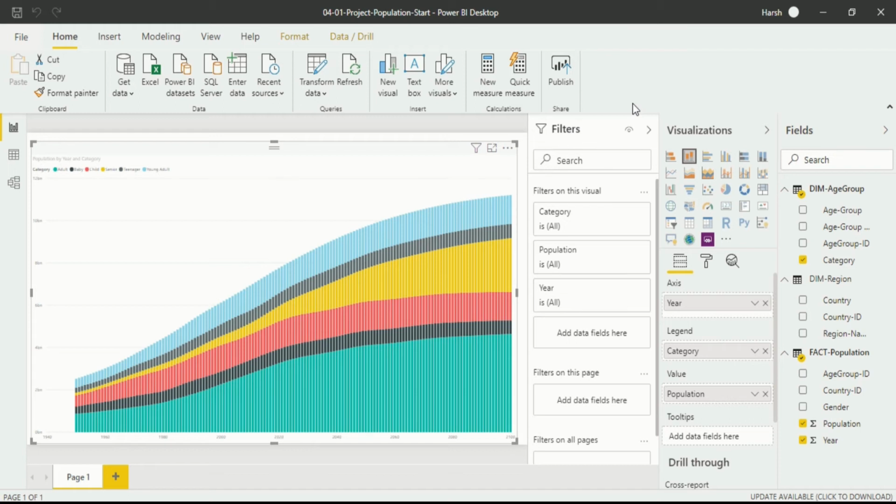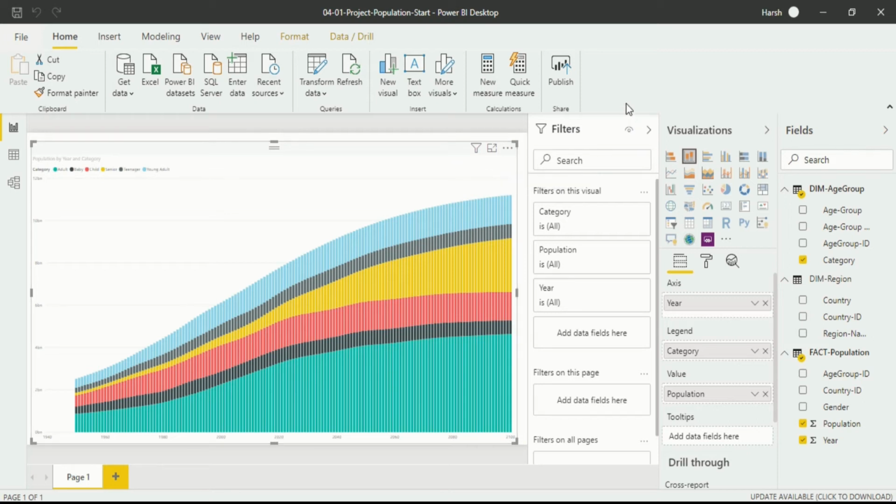Now we are in Power BI Desktop in the data model interface, in Report View, where you can see a visualization. In the data model interface there are three views: report view, data view and model view. If you want to understand more about this interface, you can go to my previous video and see how this interface works. Now let's get back to the question, how to write M and DAX language.